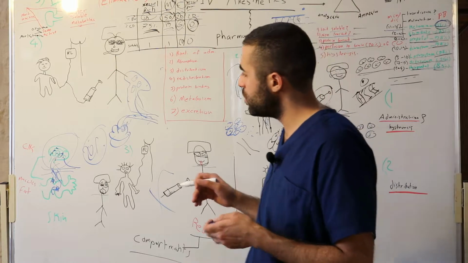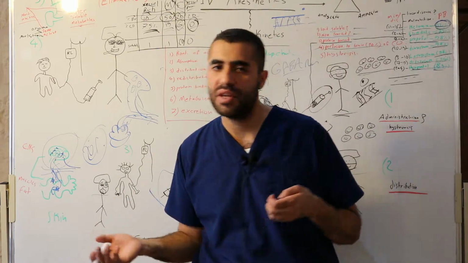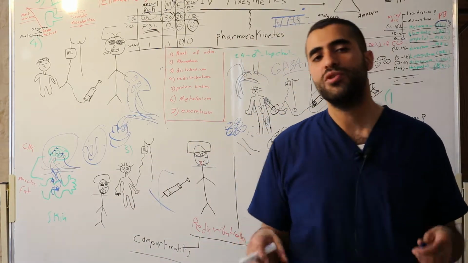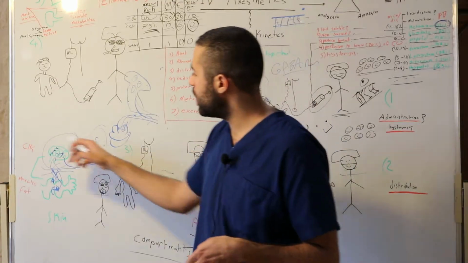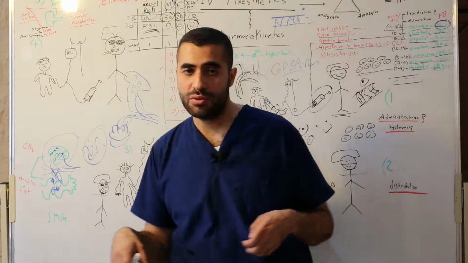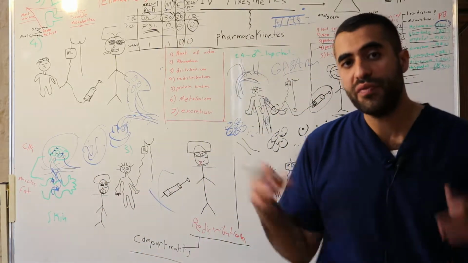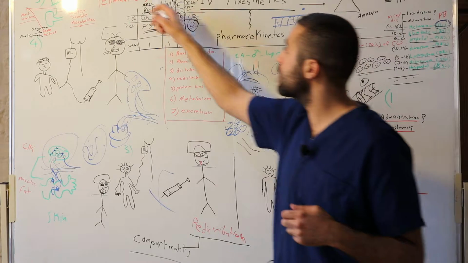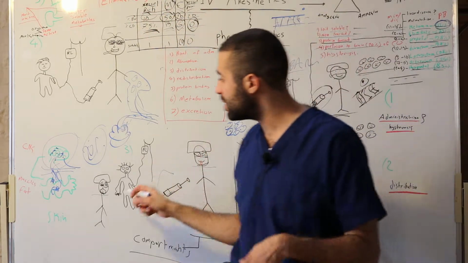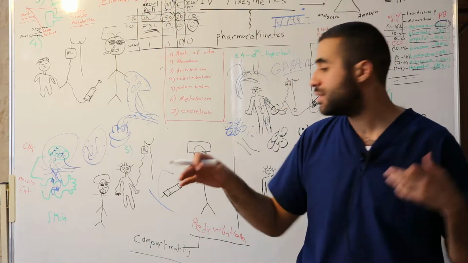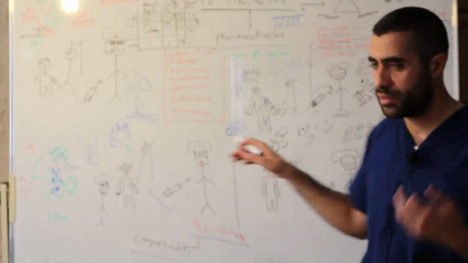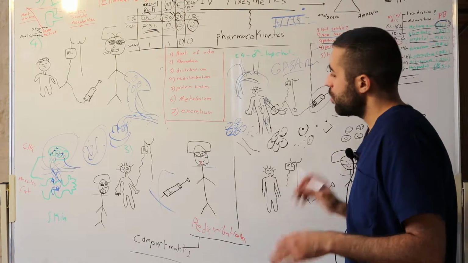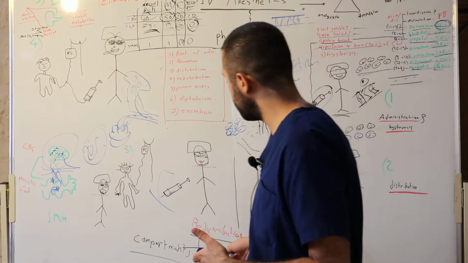But in short procedures, which are half an hour or an hour, the fat absorption of the drug will not be that much. Okay, so we are concerned about the brain concentration and the muscle concentration of the drug. So the first compartment is the vessel-rich organs, the second compartment is the muscles, the third compartment is the fat, and the fourth compartment is skin and the other tissues. Okay, so this is the multi-compartment